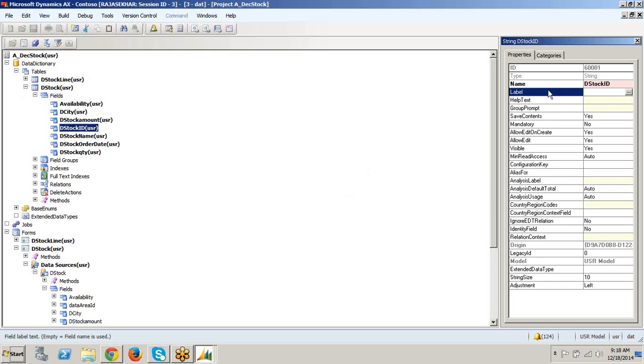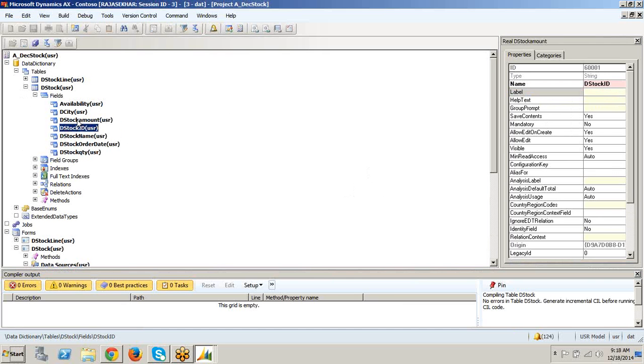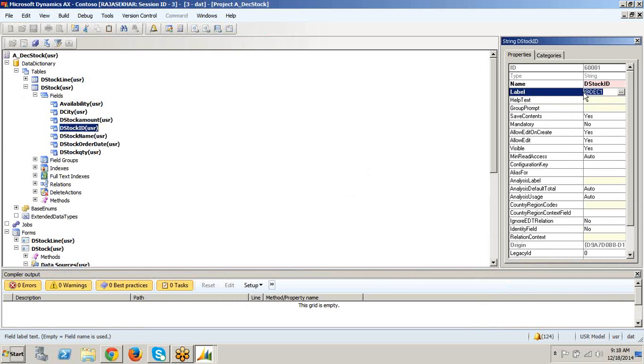See, I'm giving here at the rate DEC1. Will it not take any text value there? What I'm asking is, it will take the label text, it will take the text also. See, here I'm giving at the rate DEC1. And what is there in the DEC1? We have the stock ID.